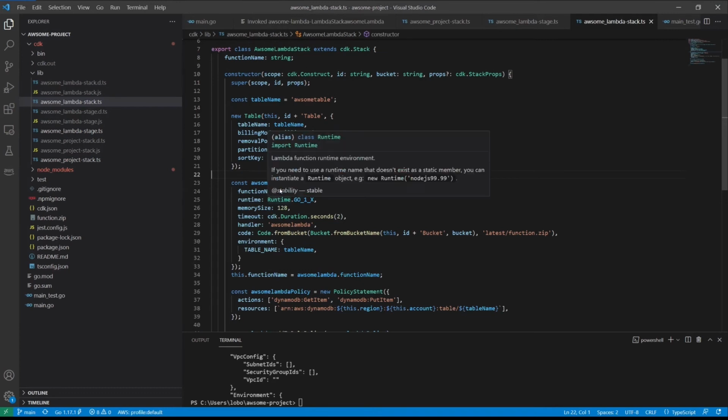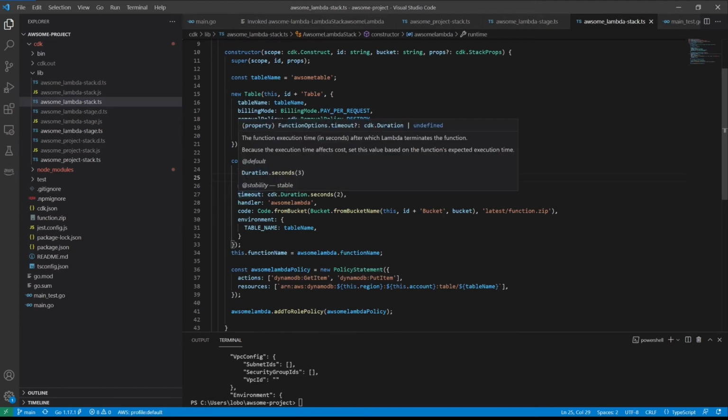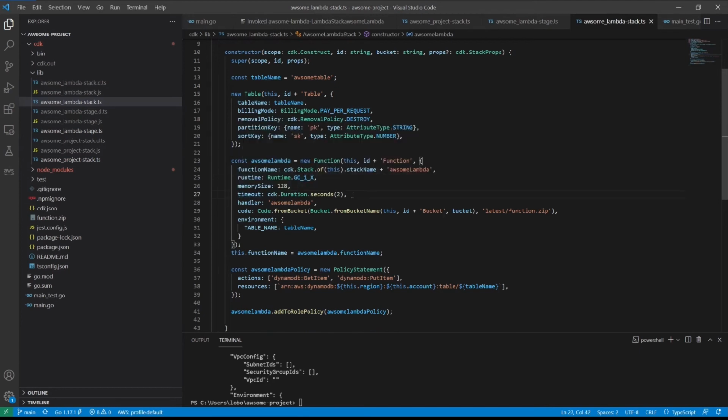The Lambda function itself needs to be defined. So we'll create the Lambda function, specify that it's a Go function with fairly small memory size, and a short timeout. And timeouts are important in Lambda because we want the timeout to be long enough that it can do its work, but not too long that we're wasting time in the event of some sort of issue that might hang the Lambda function. We want to be able to short circuit that and cut it off right away.